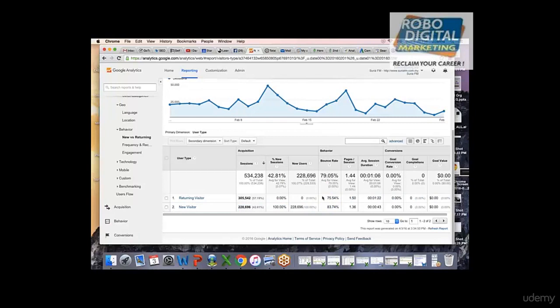If you see, the returning user spends 1 minute 22 seconds, whereas the new visitor spends only 43 seconds. On websites like yours, where people get a lot of entertainment, returning users always spend a lot more time compared to a new visitor.